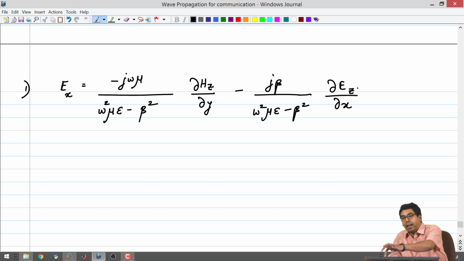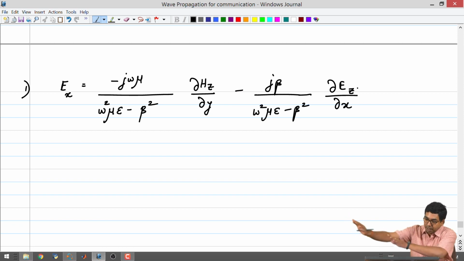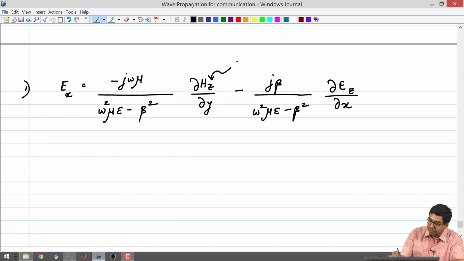So, I could take a partial derivative with respect to x for Ez, and I can get rid of that term, and Hz, the way we have done this, is 0. So, the first term goes off and there is only another term. Using this I will be able to find out the form of Ex. If I do this, I will just write down what I have got. You can do the simplification when you have free time.